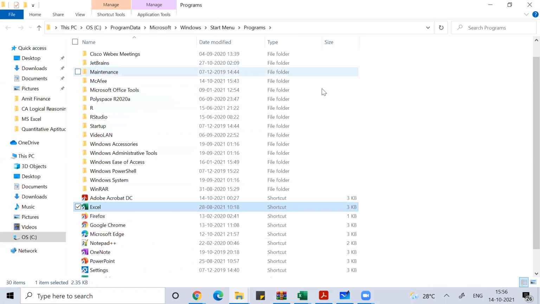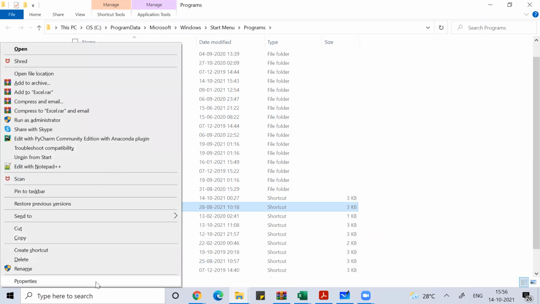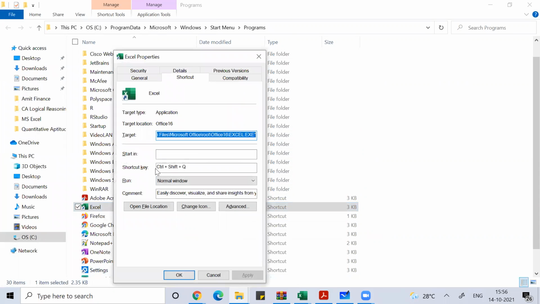And once you get into this platform, here you can see Excel. Don't double click it to open it. Then do a right click, go to Properties. Under Properties, you can see the shortcut key, and here it would be None. I'm seeing the shortcut key because I'm using the shortcut Control Shift Q. Otherwise, if you are using it for the first time, you would see None written.